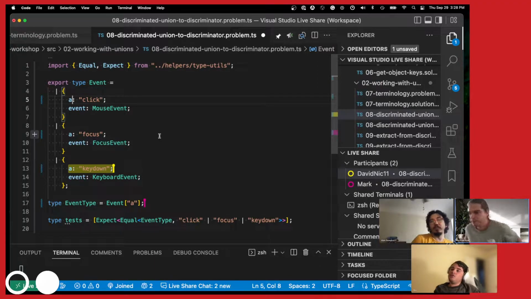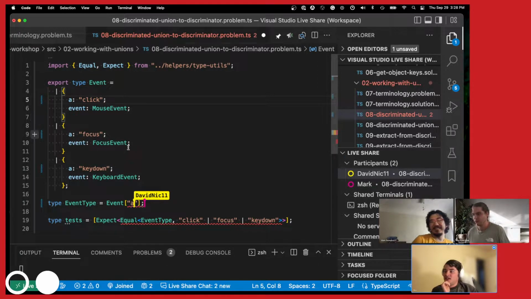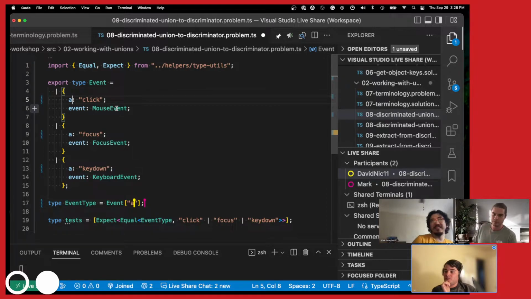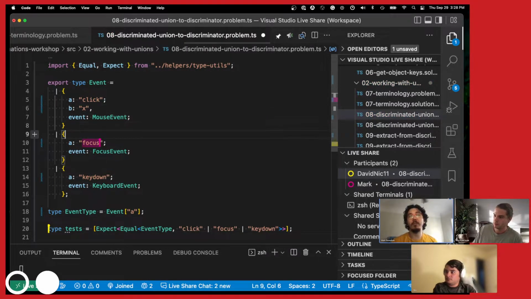One more question. If you had A and B on each of these, and the combination of those two is unique, but each of those values appeared on multiple ones, is it clever enough to still discriminate based on the combination of those two values, or does it have to be just one? I think it boils it down as far as it possibly can. Just make two of them click instead of